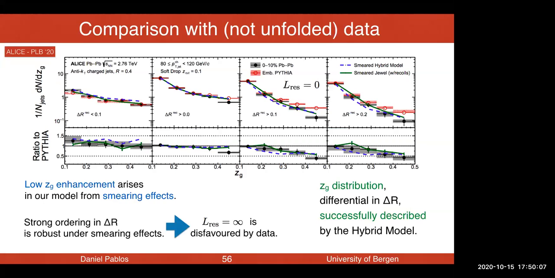Yeah, let me just skip. Embedding into a realistic background is crucial. Many statements were made about the modification of the splitting function, but realistic effects were not taken into account. A model such as ours, that doesn't have a modification of the splitting function per se, can reproduce the data if you embed it into a realistic background. So always compare to